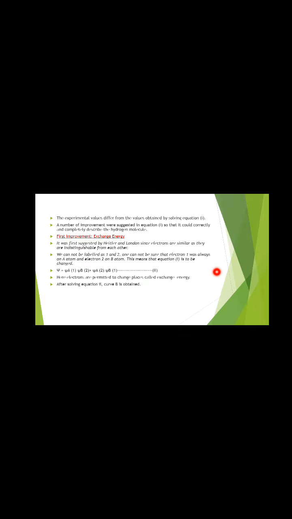Students, as I said earlier, what is a covalent bond? A covalent bond is a bond formed due to sharing of electrons of the respective atoms. That means A and B both share one electron each, and a covalent bond is formed. But we cannot assure that electron 1 is coming from atom A and electron 2 from atom B. It may be reversed, like electron 1 coming from atom B and electron 2 from atom A. And therefore, to make this correction, we get a new equation.